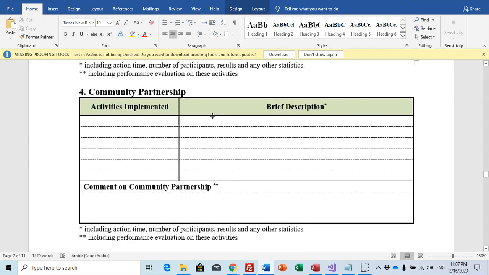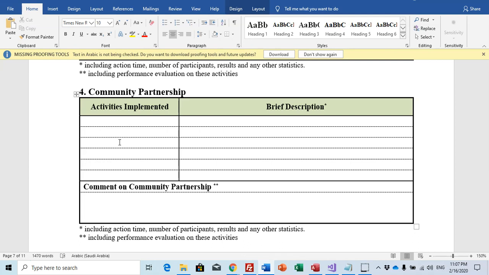Community partnership, also what the program, which activities implemented by the program for society or for the community. You can write here activity implemented, organized a day, for example, in the mall to show something related to electrical engineering, computer engineering, or maybe we participated in some activities in repairing buildings or something.